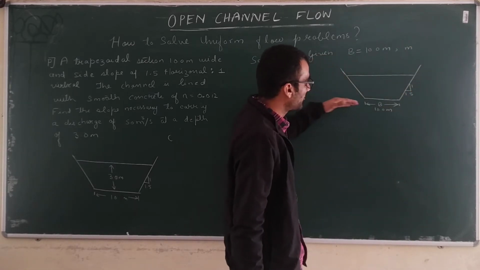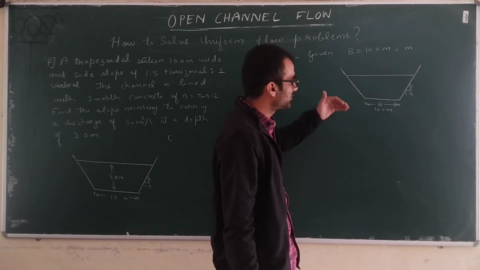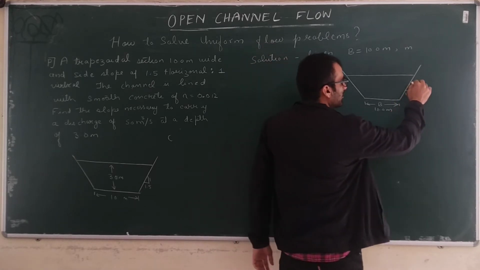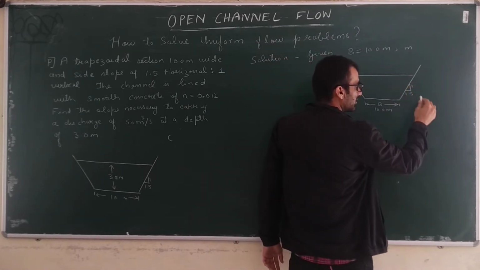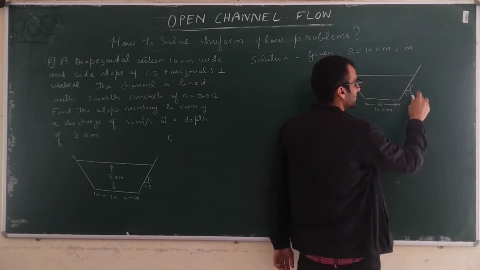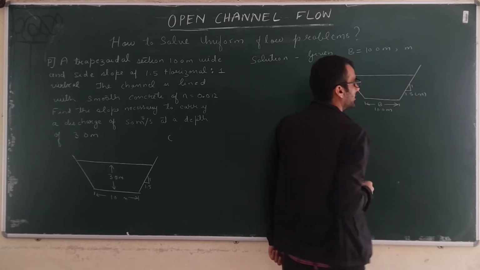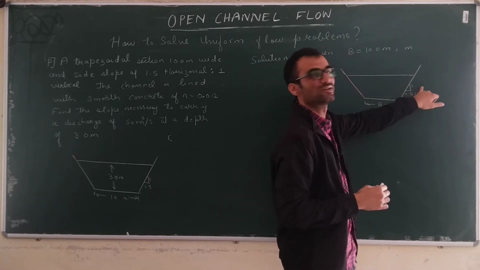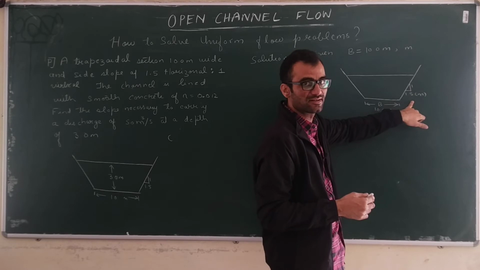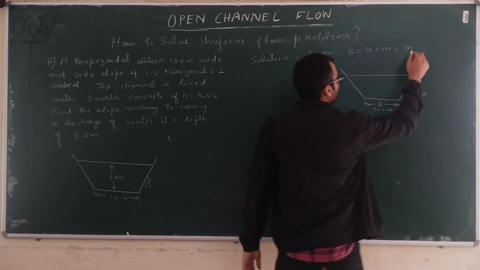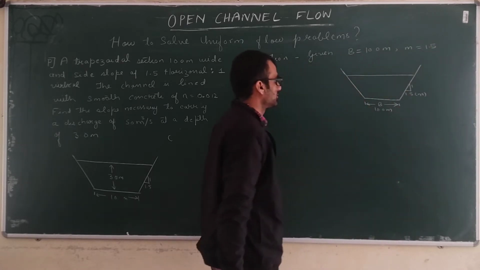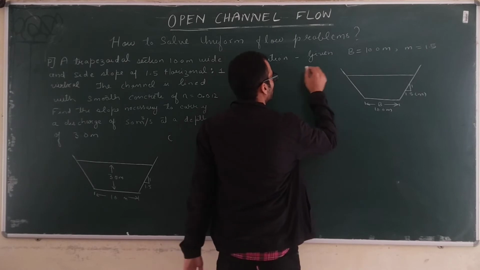For our formulas that we have derived in the earlier lectures, how do we write the side slope? This is the side slope of the channel. How much horizontal distance you have to travel to go 1 vertical. Here we have to travel 1.5 horizontal to go 1 vertical. So this becomes our m, because we represent m horizontal to 1 vertical. Based on this nomenclature we have derived the formulas. So m is the side slope, it is 1.5. Then again, what is given?